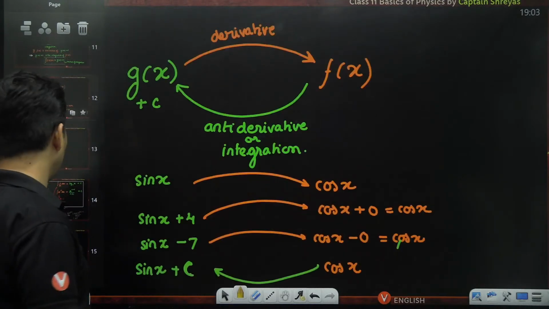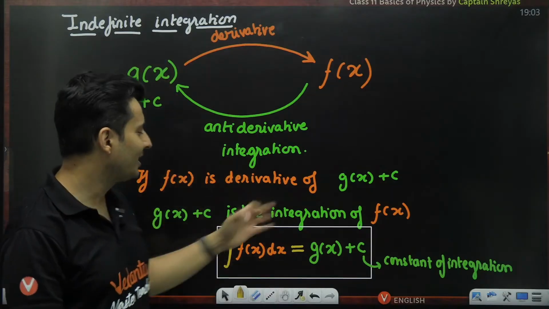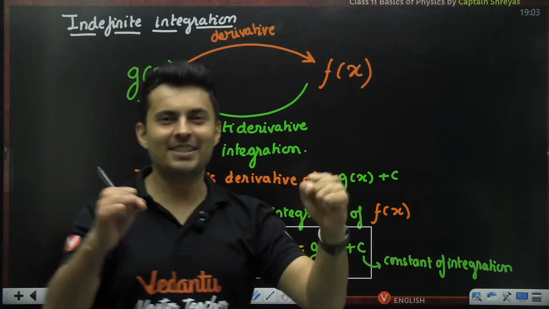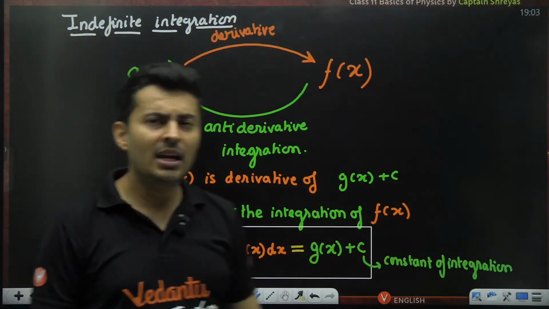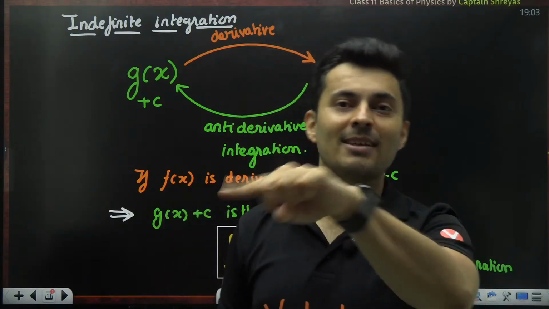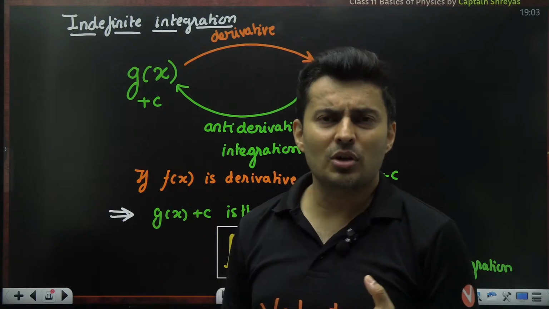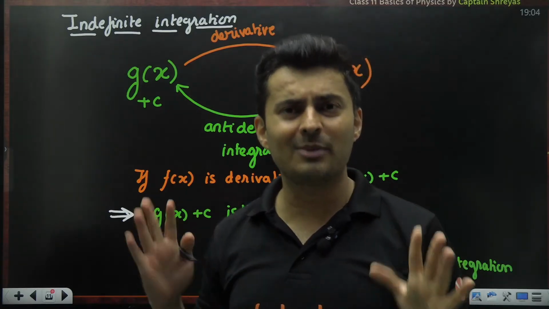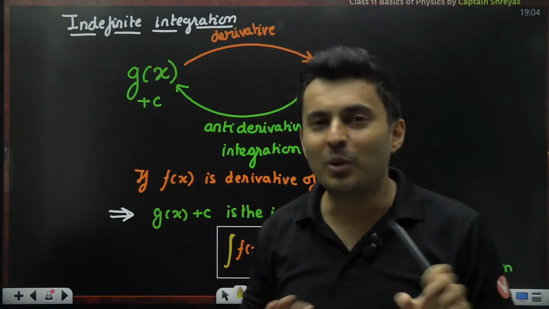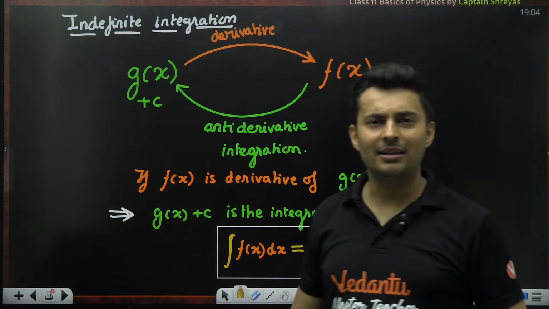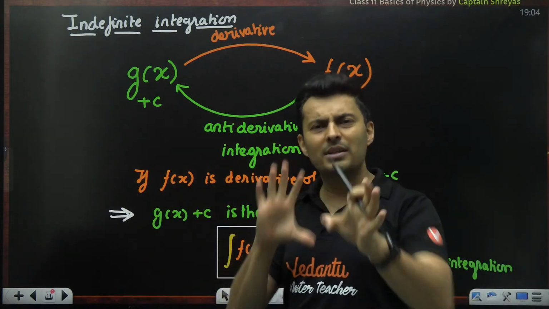Okay, sir, I did all this now. I have my basics clear about derivatives, sir, and I also understood this indefinite integration. It comes with a constant, sir. Yes, very good. But sir, since you have written the word indefinite, I have a feeling that there might be something called definite. And in the start of the class, you talked about areas and suddenly you are not talking about areas altogether. What happened, sir? Did you forget about areas? No, I have not forgotten. Deliberately, I did it because I first wanted you to understand this indefinite integration and the basic formulas.